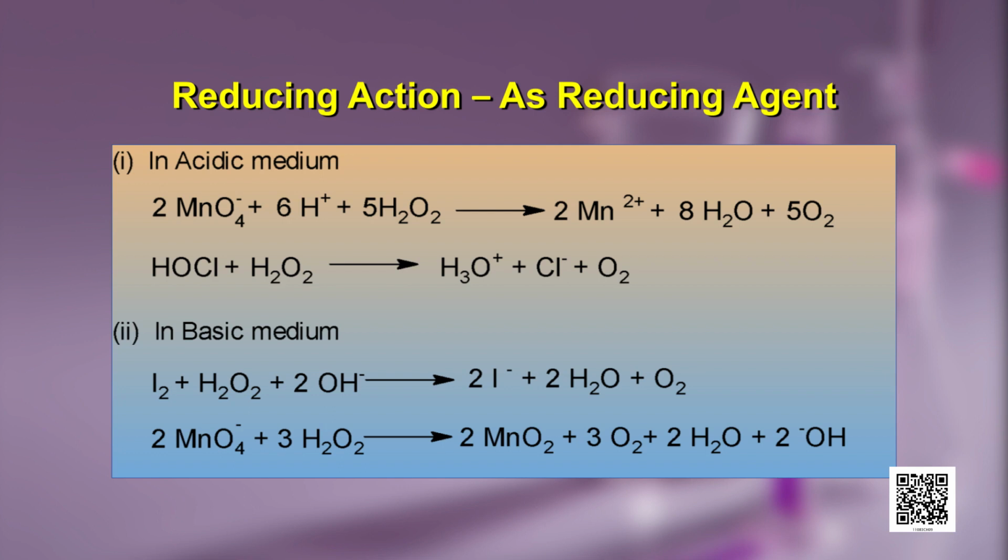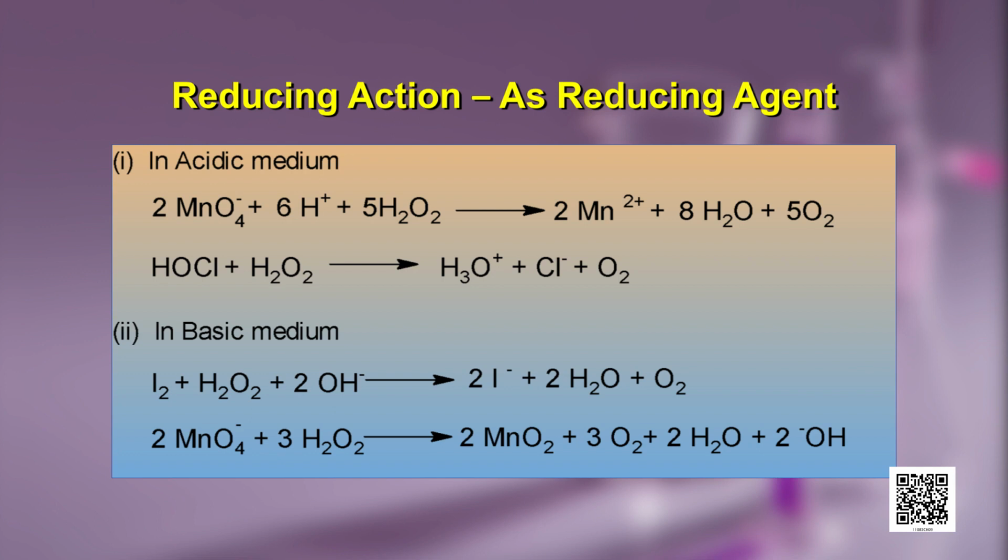We will first consider its reducing action in the acidic medium, where in the reaction shown here, you can see that it is now acting as a reducing agent and it reduces MnO4- anion to Mn2+ ion. That means there is a change in the oxidation state of Mn from 7+ to 2+